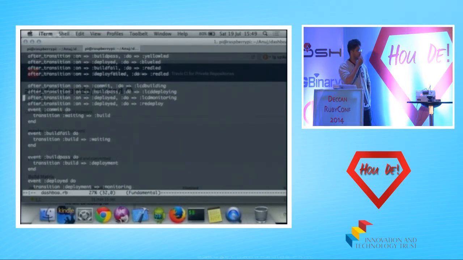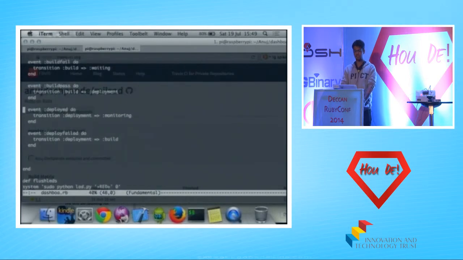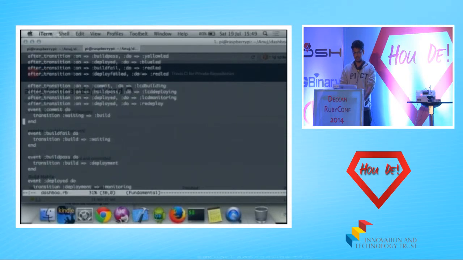Sorry, the commit is not a state. So I had 4 states, and my commit, my deployment pass, my deployment fail, my build pass, my build fail are my transitions. For each event I defined the transition of my system. So let's say a commit happens, then my state moves from waiting for a commit to start building.